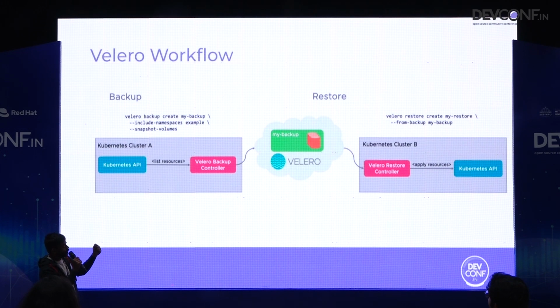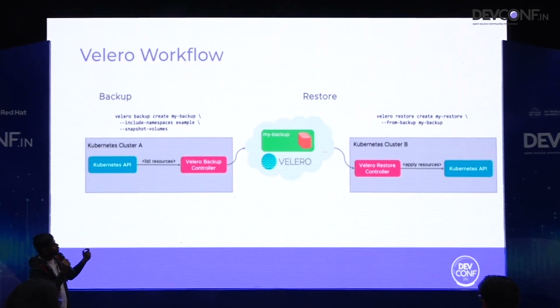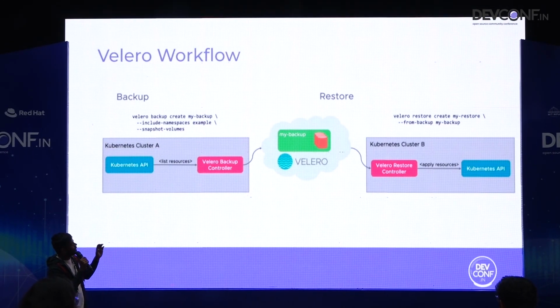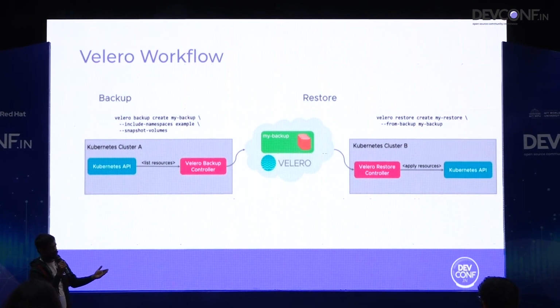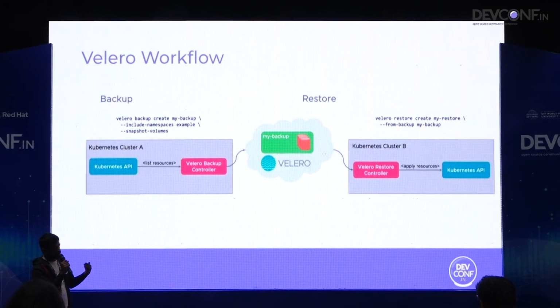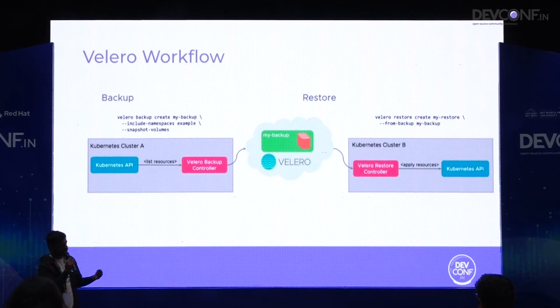So what Velero will do, Velero will call the API server, collect all the objects that are part of that namespace, and it will store them into the bucket as JSON. Once it is done with the operation, it marks the backup as completed, and a restore does similar operations. Like when you create a restore CR, the job of the restore controller is to reconcile that CR,